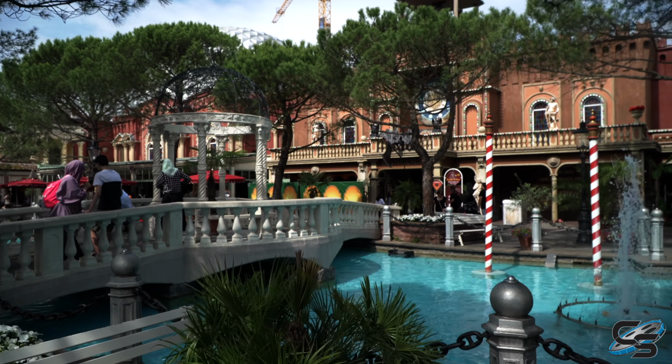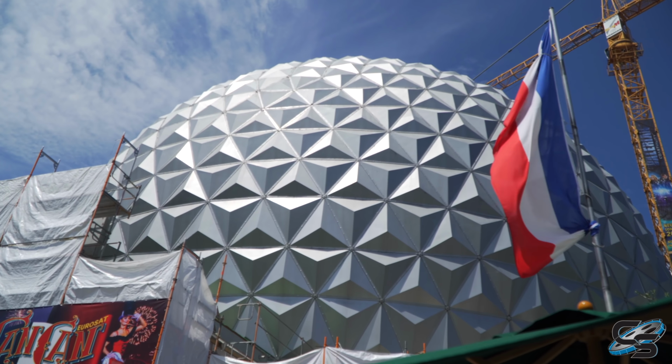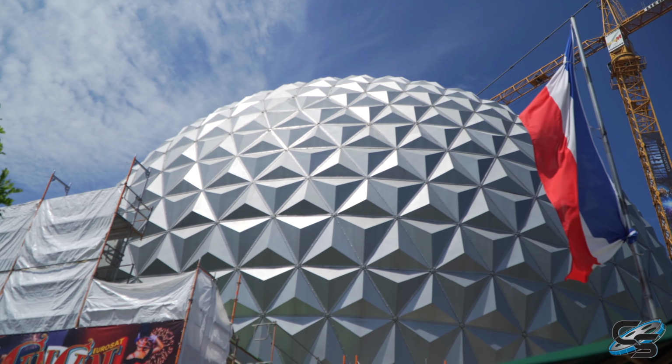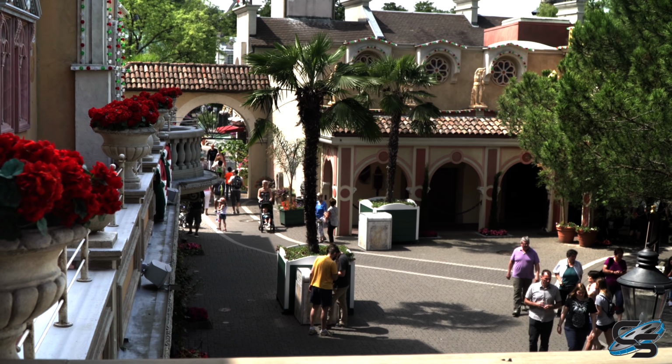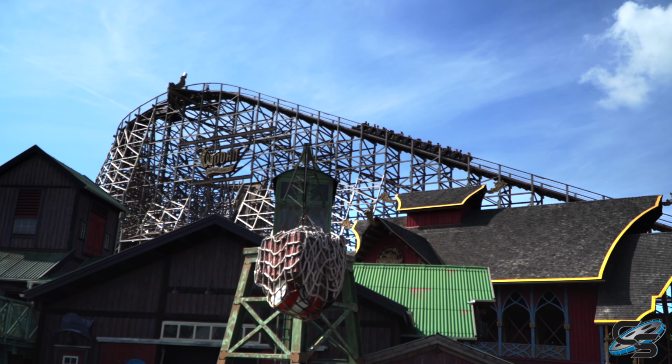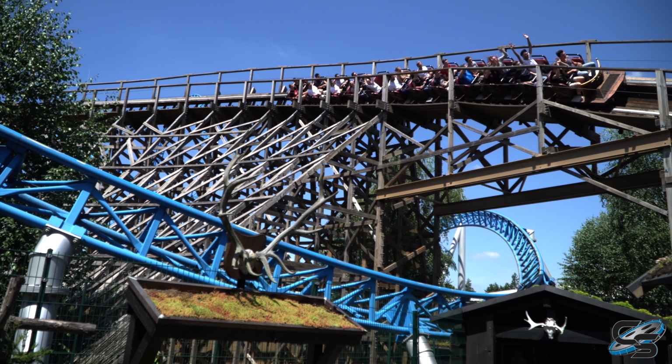Technically speaking, their last roller coaster that they added was in 2016 with Ba Express, although they did redo Eurosat Can-Can coaster a couple years ago. Prior to that, you had Arthur in 2014. That's another family coaster. But if you're looking for the last big thrill ride, it was in 2012 with Wodan. So it's about time that this world-class theme park got a brand new thrill ride, and with it being the